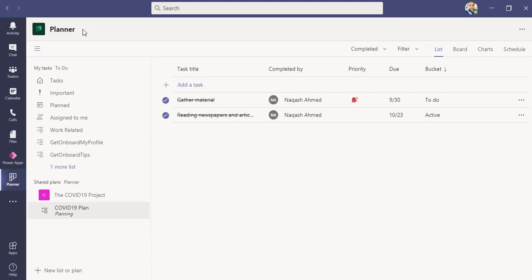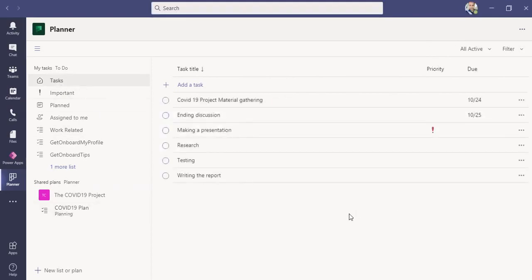And one more thing: what is the difference between the To Do application and this application? To Do is the thing which we have for individual tasks, the tasks which are assigned to yourself and which you think are your personal tasks. Microsoft To Do is also a good application, you can also use that, but that is only for your own use. And there are also some gaps and some differences in functionality between the Tasks application and the To Do application. So that was all about the Tasks application.